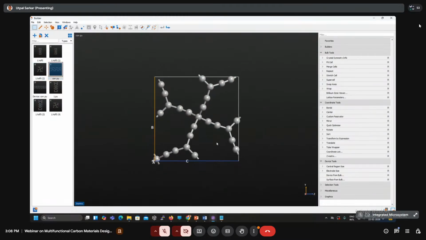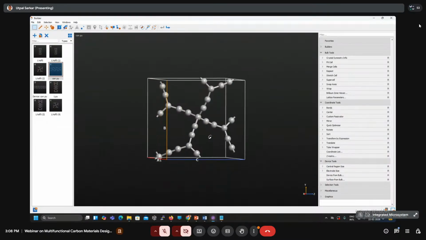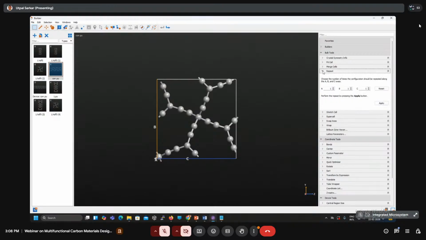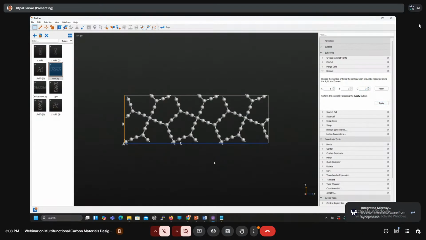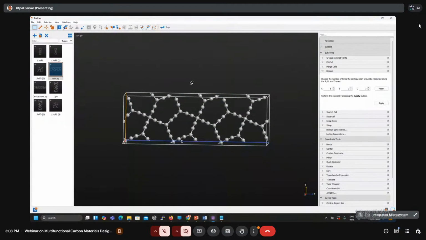See, so this is the pentagraphene structure. I have taken it from the optimized geometry. Now I will go for the device construction and optimization. So this is the unit cell I have taken. For device construction, you need to go for the repetition in the C direction. You have to repeat it in the lateral directions. I am repeating it in the C direction according to the paper that has been reported. So I am repeating it 3 times. Here you can see the 3 times it has been repeated.